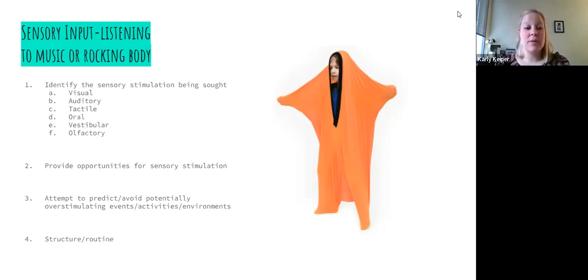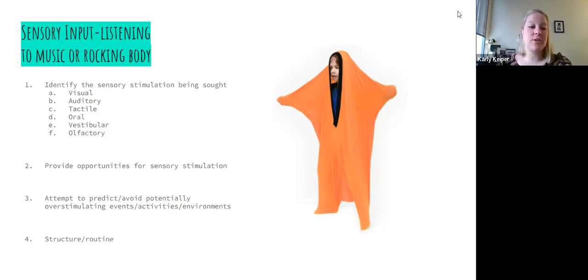I may also not take them to, I'm thinking like a Chuck E. Cheese, and that could be a very overstimulating place, right? There are people running around. There are lights that are moving really, really fast. There are sounds all over the place. There's pizza smells or food smells. That might be a place that I avoid because it could potentially be overstimulating to my child, and they might show maladaptive behavior to communicate, this is too much, this is too scary.